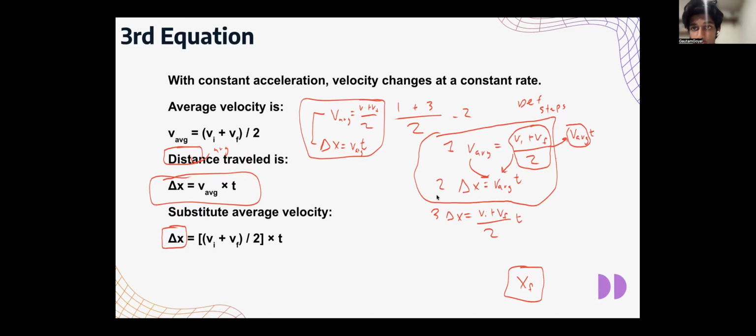Plugging step one into step two, sorry. Okay. So the fourth step now,